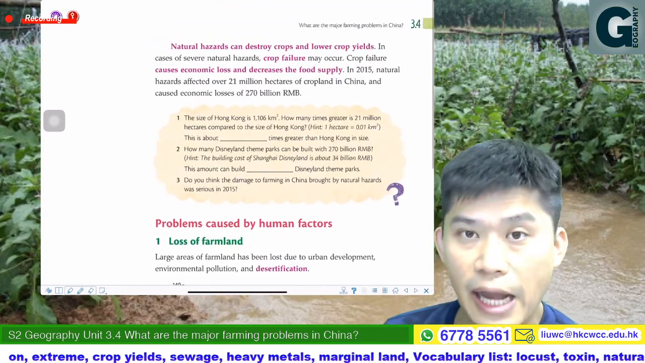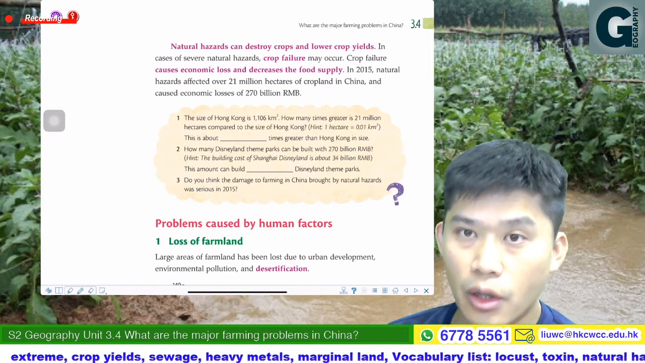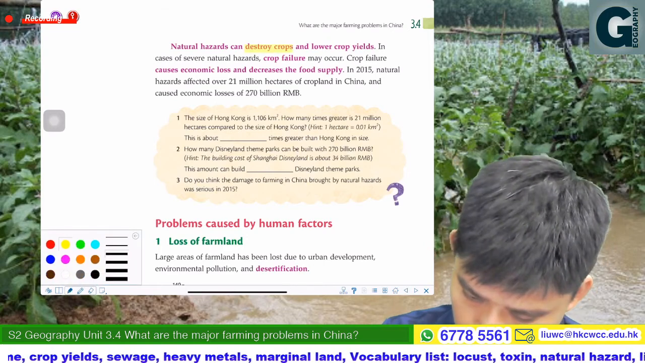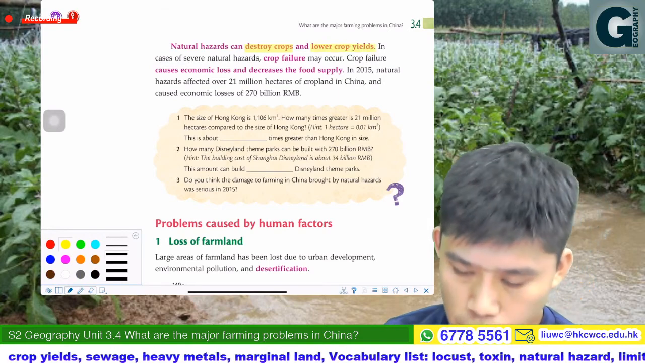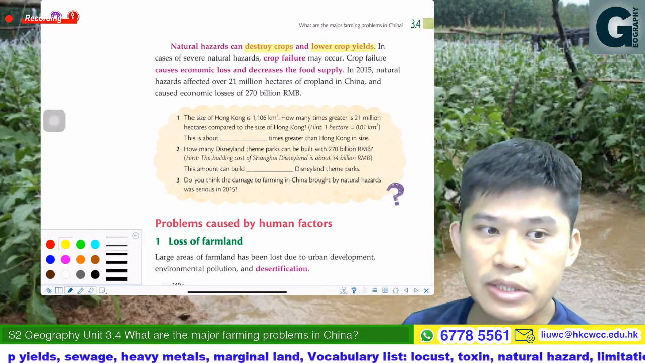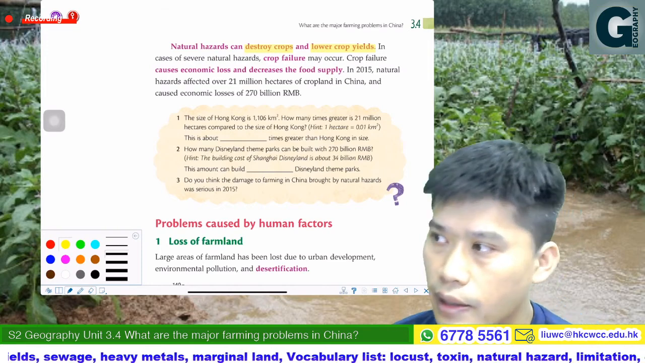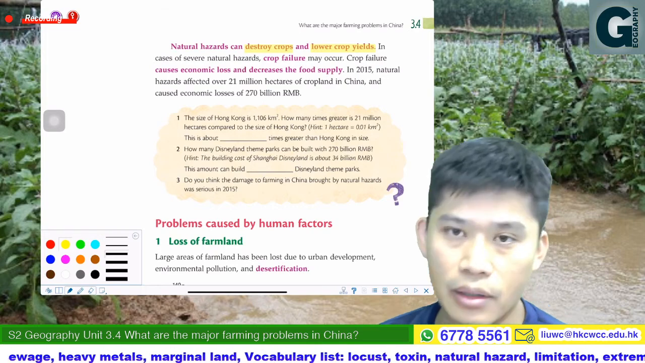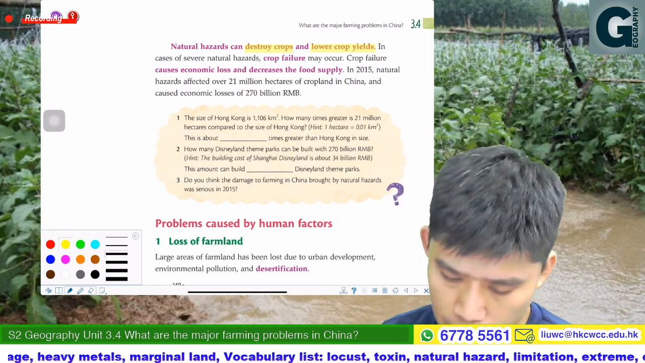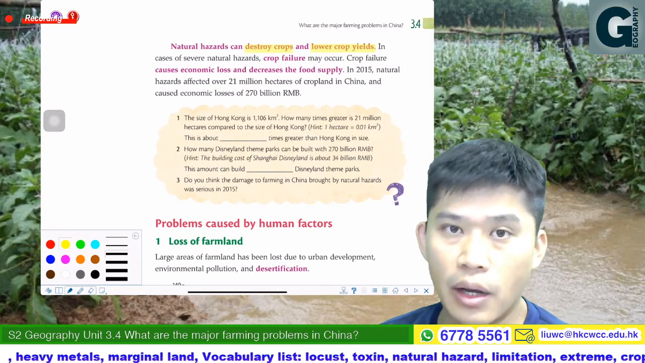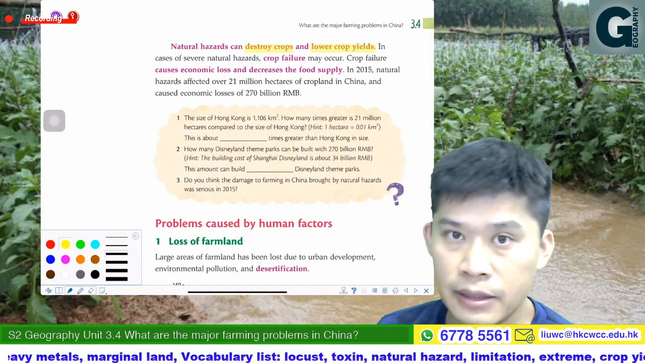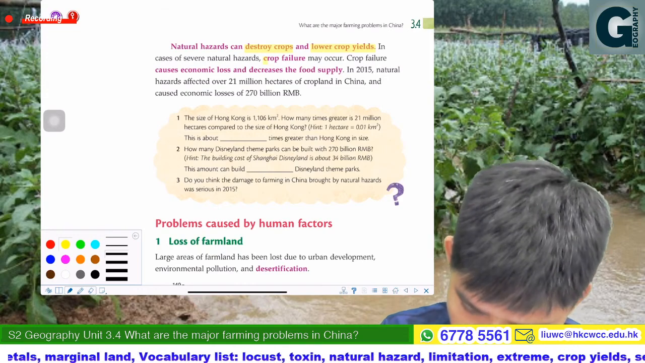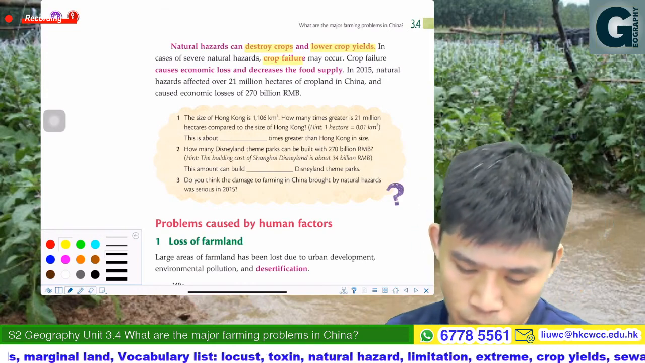So therefore, natural hazards can destroy crops and lower the crop yields. Okay, please highlight this. Destroy crops and lower the crop yields. Crop yields, you may understand it as like output, 類似農產量啦。我唔係好記得個中文係咩，你當佢係農產量咁上下啦。In case of severe natural hazards, crop failure may occur。可能會有農作物失收啦。Crop failure